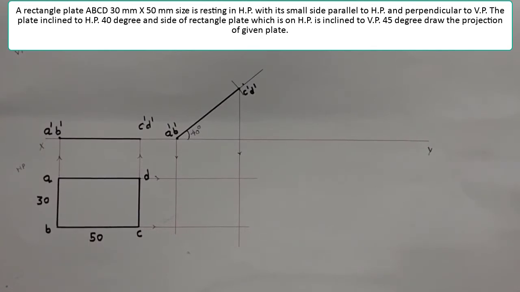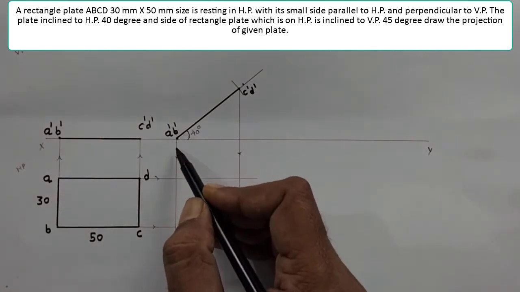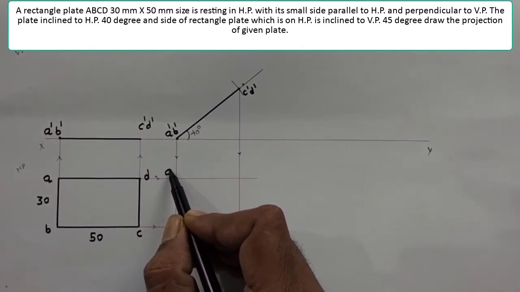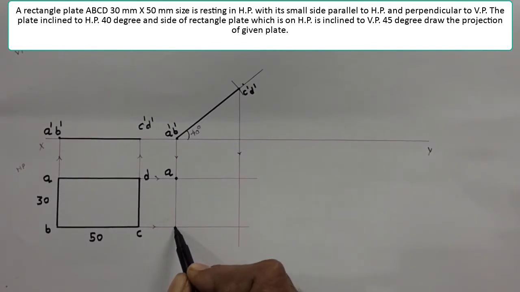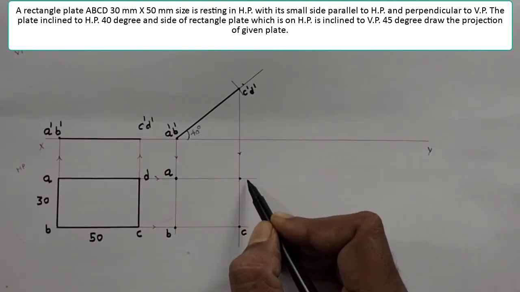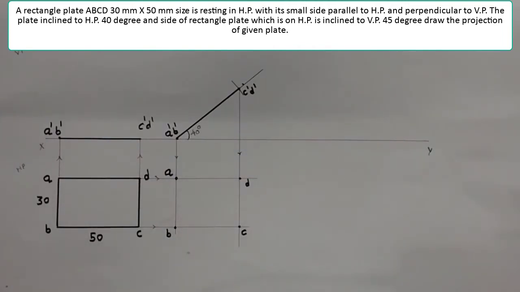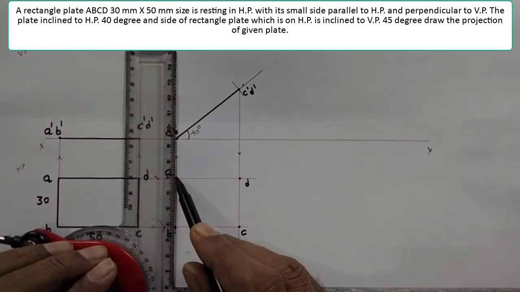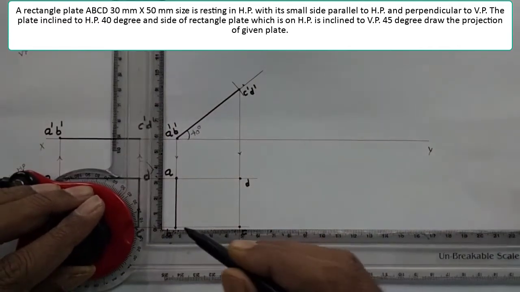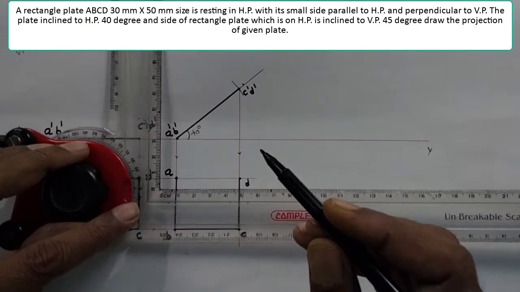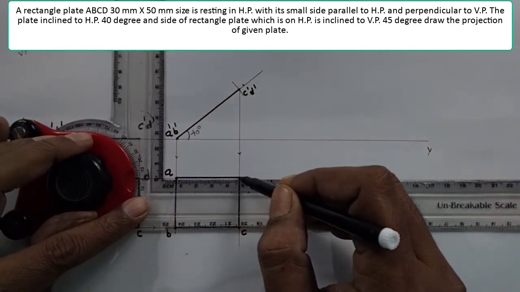And your intersection points: this is A dash, this is A point. So it is giving our plan point A for the second stage. This is B, this is C, this is D. So your corresponding intersection ABCD points, then you can join them with a straight line, in sequence, and you can get your top view.